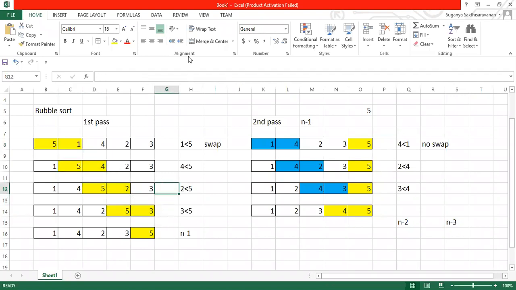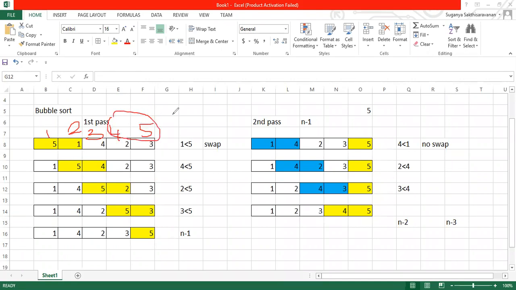So do we have to come to this position and check whether there is any other adjacent value, or are we supposed to stop here itself? These are the zeroth position, first position, second position, third position, fourth position. My question here is: are we supposed to compare 3 and 4 and stop?